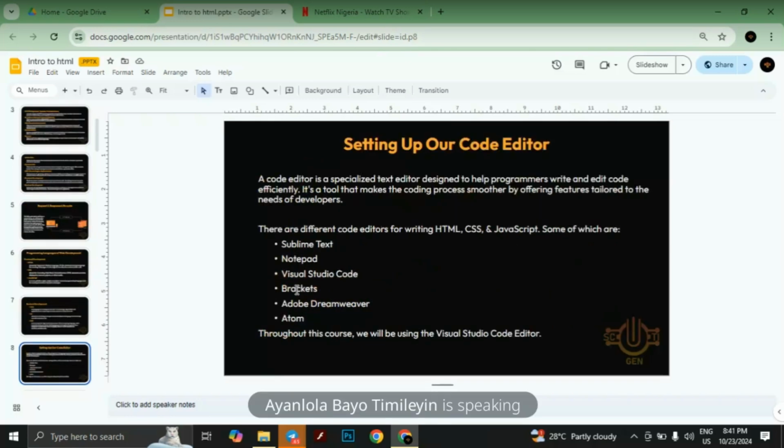For this training, we are going to set up our environment, which I believe some of us have done. A code editor is a specialized text editor designed to help programmers write and edit code efficiently. It's a tool that makes the coding process smoother by offering features tailored to the needs of developers. So for instance,